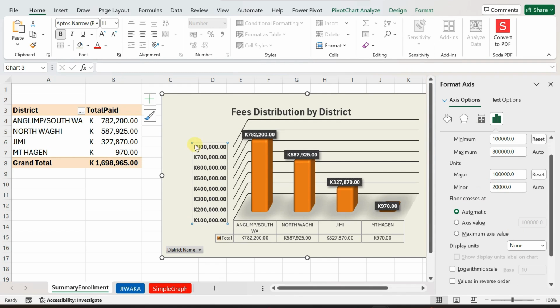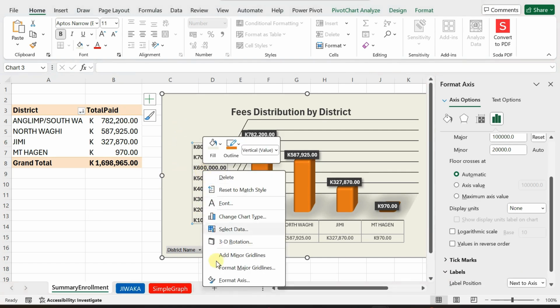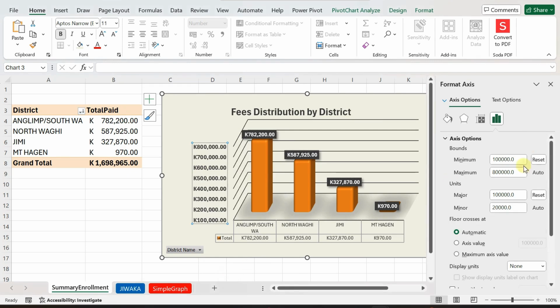And I'm not starting at 0, I'm just putting it 100,000, 200,000, and then up after that. So you can set those values, and you can also set the labels if you want to, etc. But right mouse click, format axis, that's where you get your